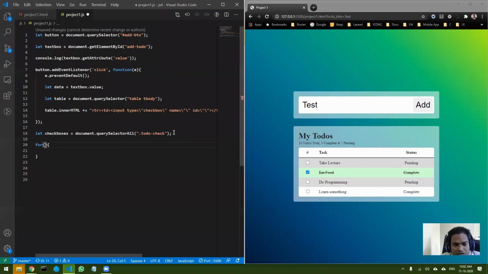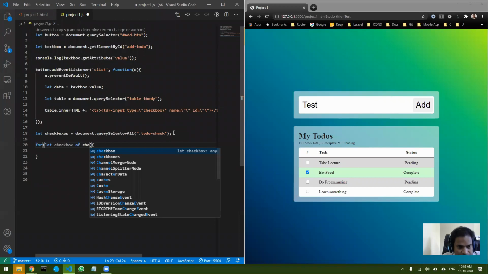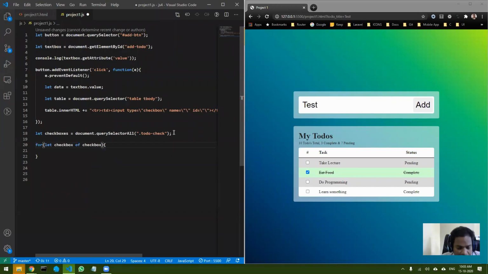So I'm using a for loop: let checkbox of checkboxes. What I've done is I've taken checkboxes, and I'm going to iterate over each and every checkbox.